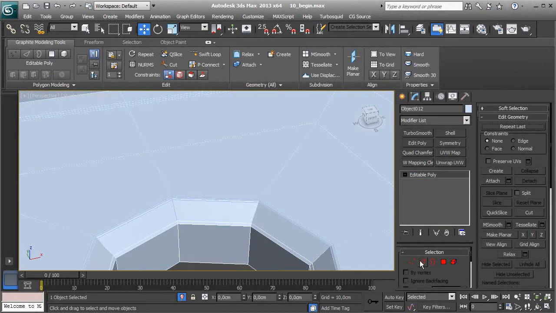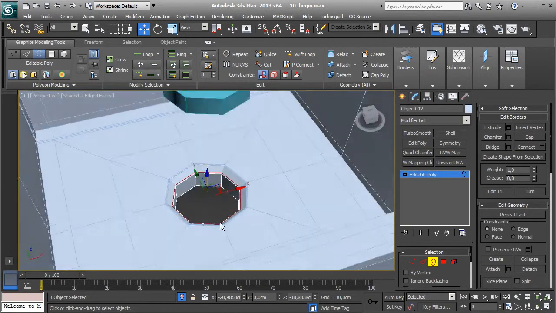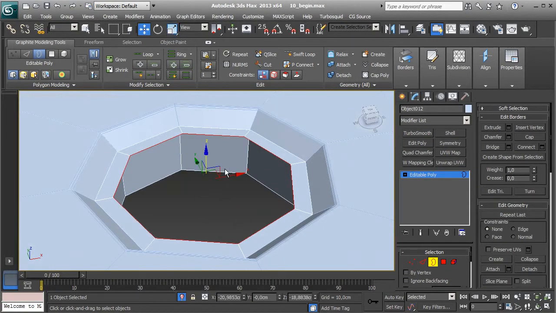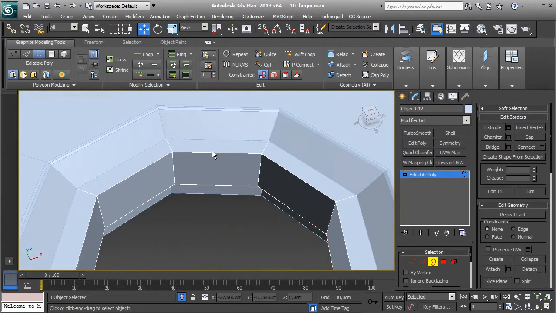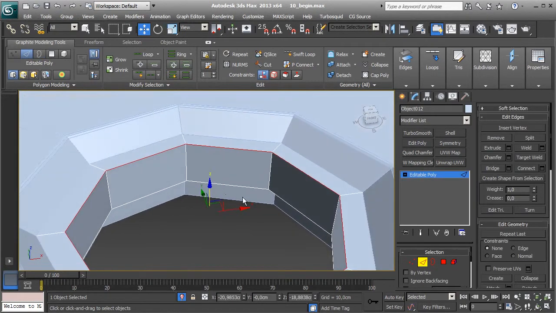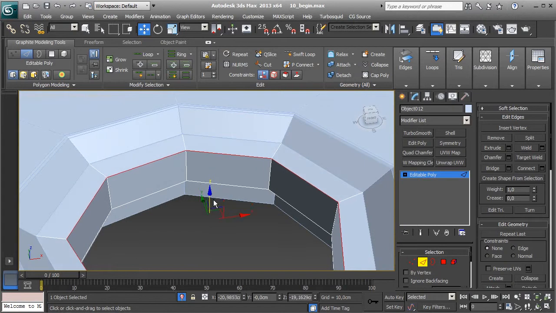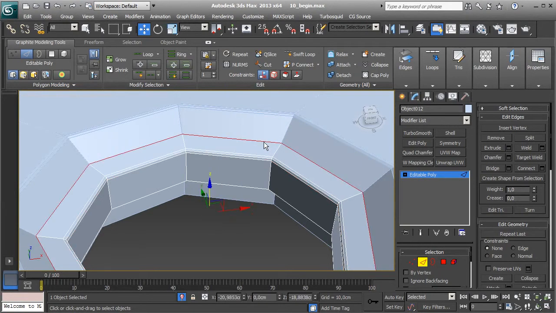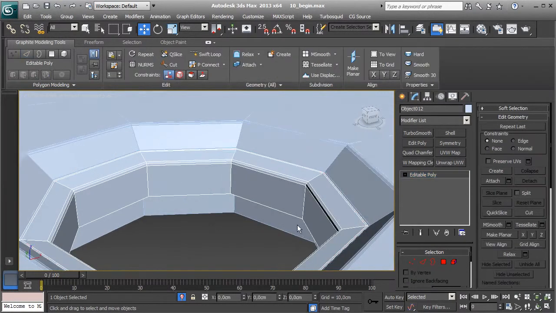Okay, and now with border selection I will shift and scale something like that, and then shift and drag down. Now I will select this loop, push it down slightly, and chamfer 0.1 centimeters to segments, and same thing here. Okay, and now we can